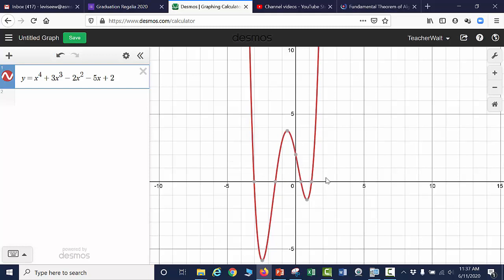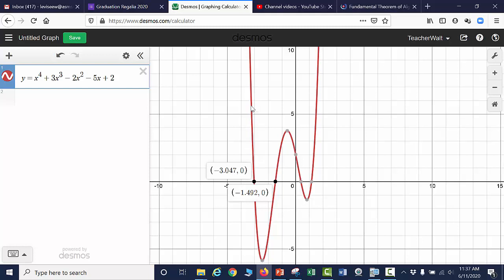Well, what we need to be able to do is describe those regions using the x-intercepts as the boundary numbers. So let me find those. I just click right here. There's one x-intercept. Here's another one. So we can see from negative infinity to negative